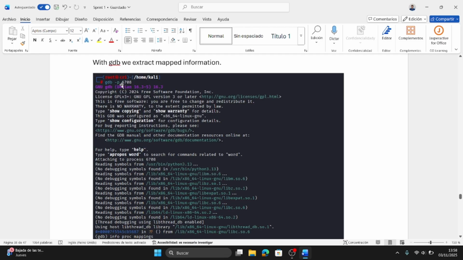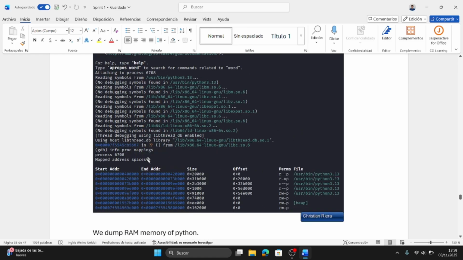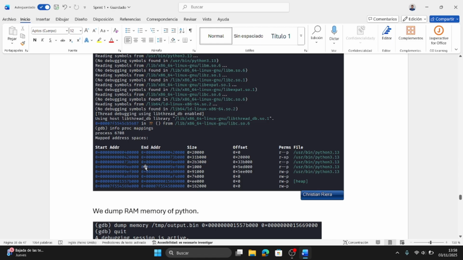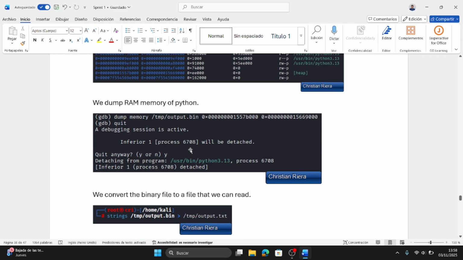So we put gdb -p and the process number, and we enter the GDB console, and we put info proc mappings to see the processes that are running, and we select the process 6708, that is the previous process, and we see the information. Now we put this command to dump the memory of the process, and we quit.